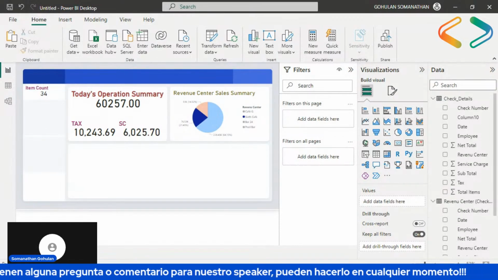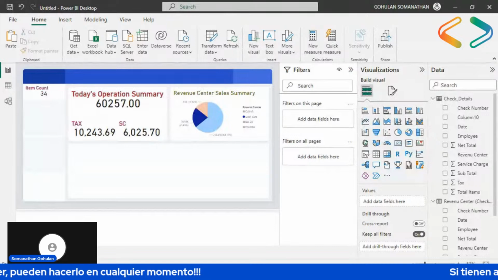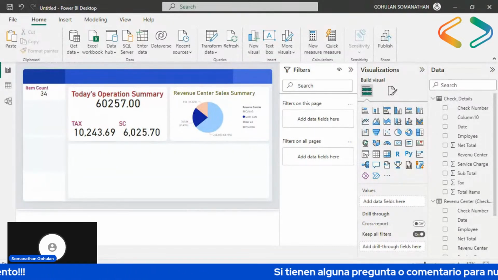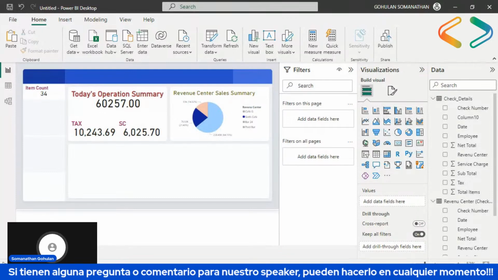So what else am I going to do? Now I have planned to add some more visualizations inside the dashboard. The pie chart and the card are almost available.